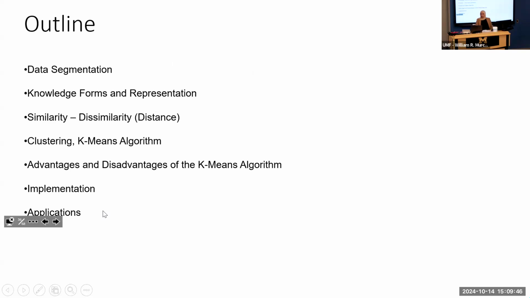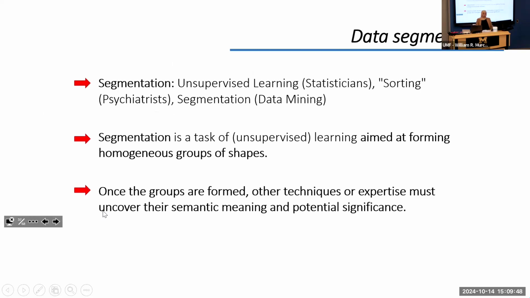Now, when we talk about K-means, it's a segmentation algorithm. Like I was showing you when we were brainstorming, there is a set of answers given one question, and I was forming different segments based on that. So for each set of elements, I was putting them together. This process that I was doing is called segmentation in computer science.